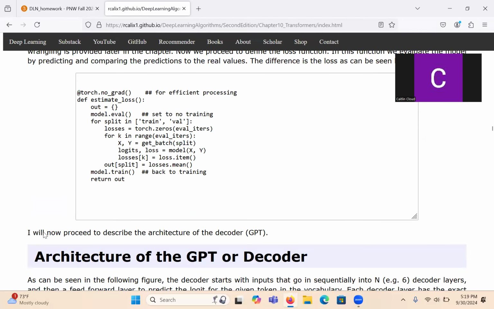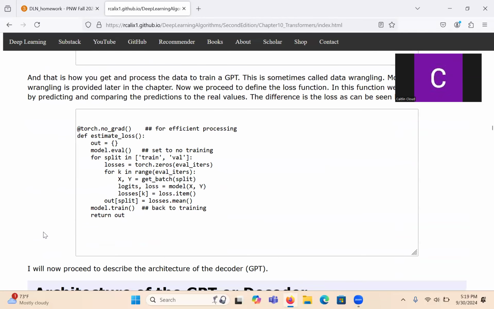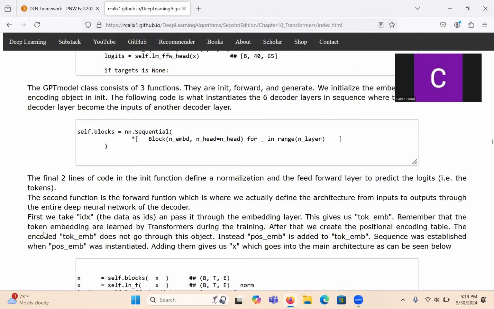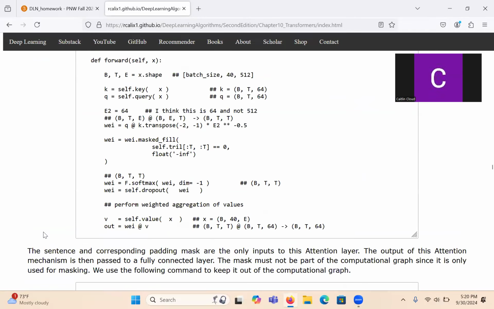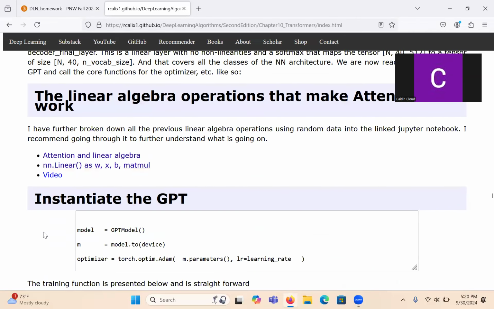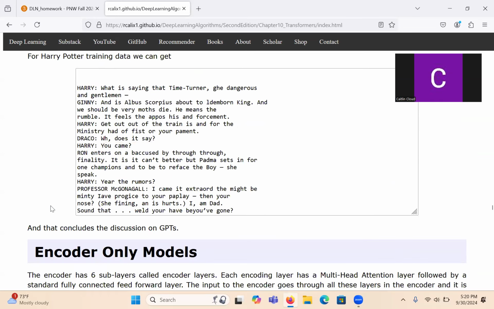So this is basically what I'm going to do in class for the next few classes. We'll start to dissect a lot of this code, but please read through it, and it might help you a little bit. Then we'll look at the attention mechanism, just the simplest one. If you notice in your linear algebra problems from the beginning, attention was already discussed there as a separate entity. So take a look at that.